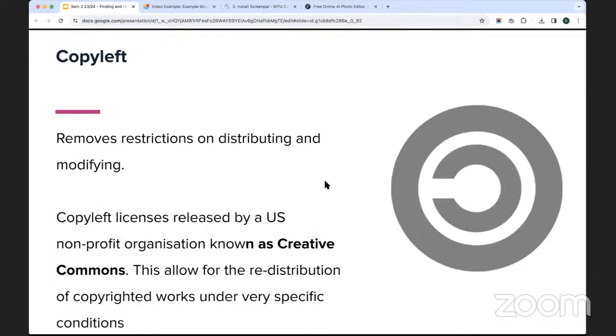Copyleft then is something like a step back from copy free. It's not as open and as loose as copy free. It just removes a lot of restrictions on distributing and modifying. The most popular and most commonly used copyleft licenses are known as Creative Commons licenses.